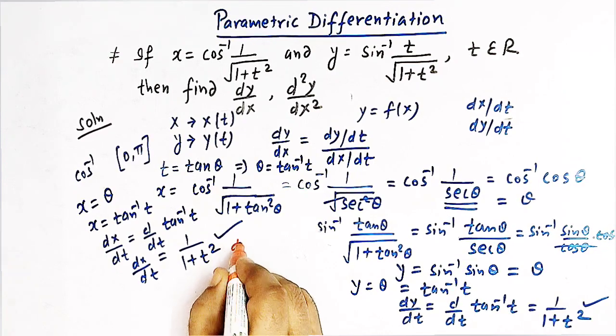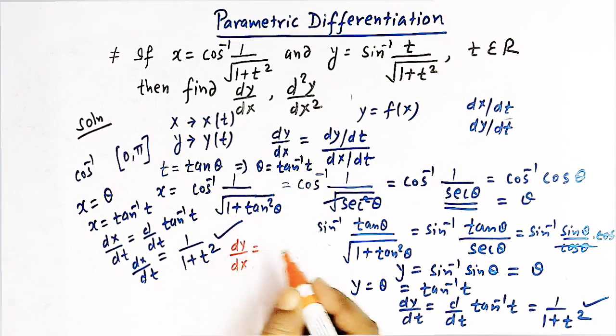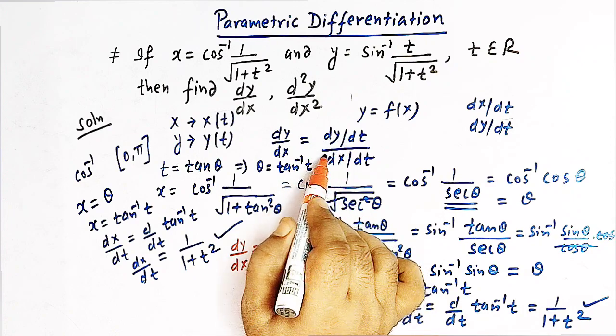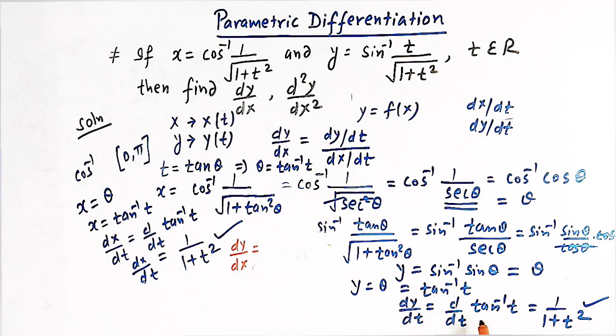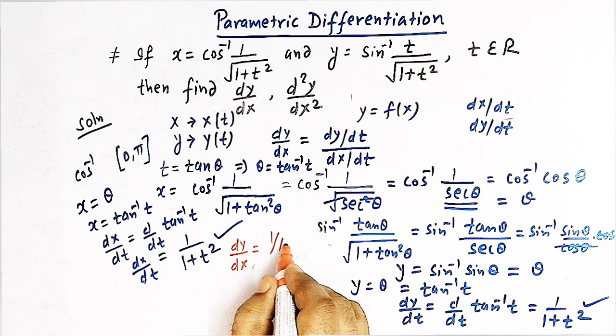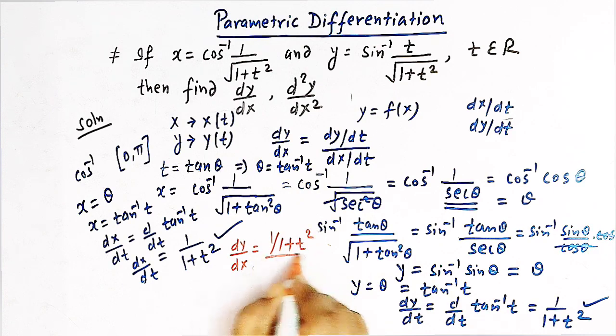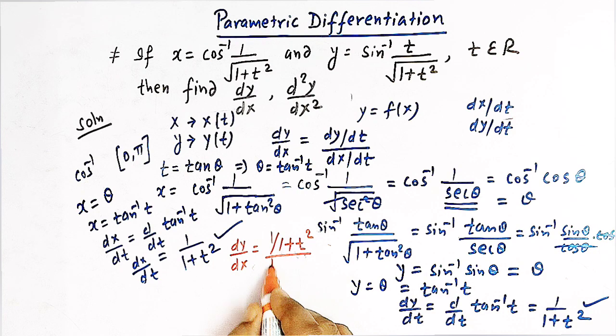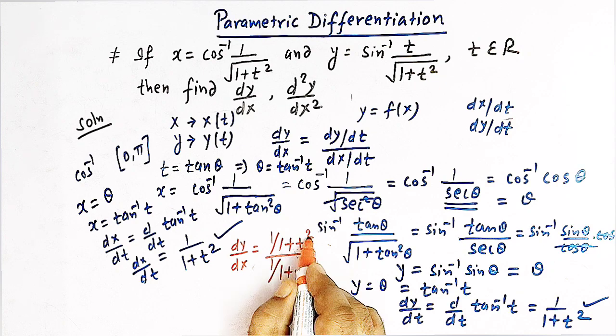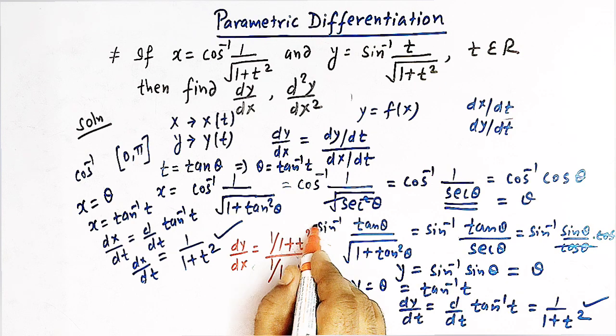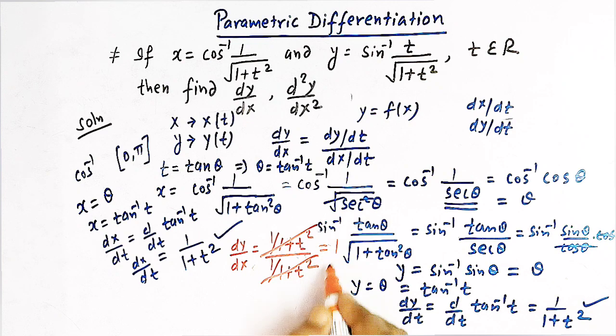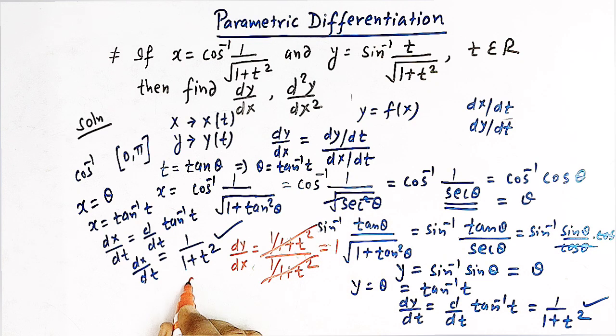So now dy over dx is equal to dy over dt divided by dx over dt. So dy over dt is 1 over 1 plus t square, and dx over dt is also 1 over 1 plus t square. So 1 over 1 plus t square and 1 over 1 plus t square get cancelled, and we are left with 1, right? So dy over dx is equal to 1,